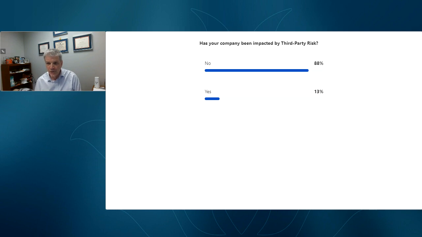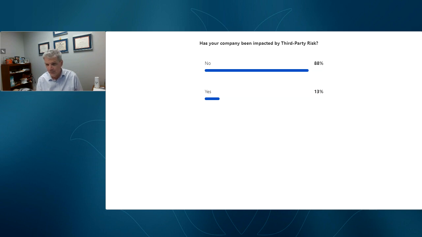So it's good that we're not, but keep in mind that third-party risk is a bigger and bigger thing for a couple of reasons. Number one is that we're trying to become more efficient as an organization, and that means that we hand off some of our tasks to a third party to handle something more efficiently. So that could expose us to third-party risk as we're trying to cut costs or improve efficiency.